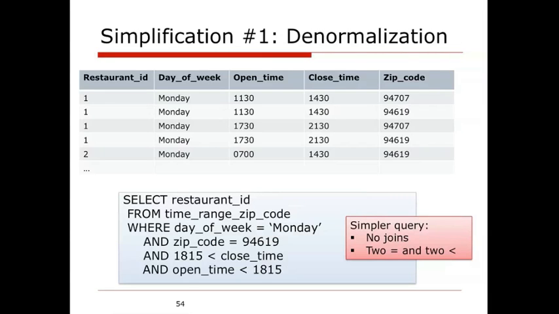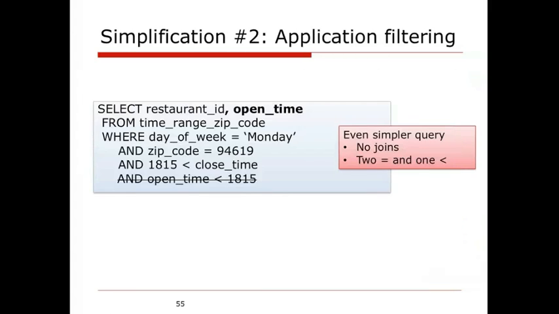So what I want to do is step through how we can simplify the query in order to get it into a form that matches a Cassandra slice. The first way we can simplify the query is by denormalizing the data. So we're pre-joining it, so the SQL no longer contains any joins. Big simplification there. The other thing we could do is simplify the where clause by not worrying about opening times. So we just forget about it. That means that the query is going to give us back more data that we then have to filter out at the application level, which is not what we're used to,